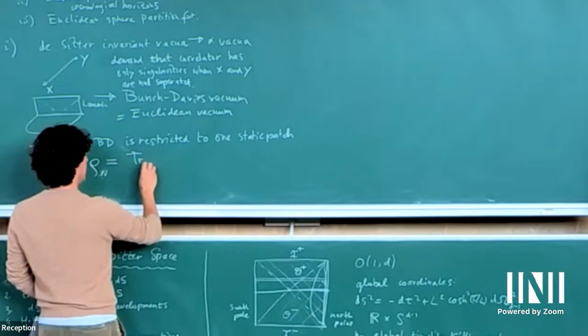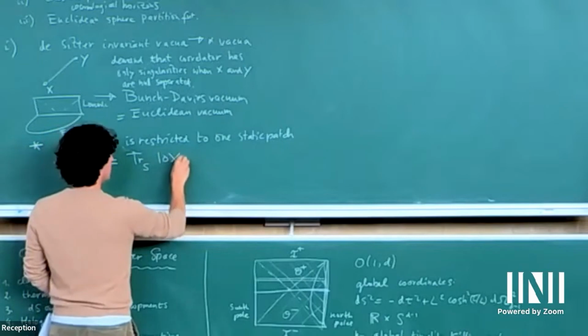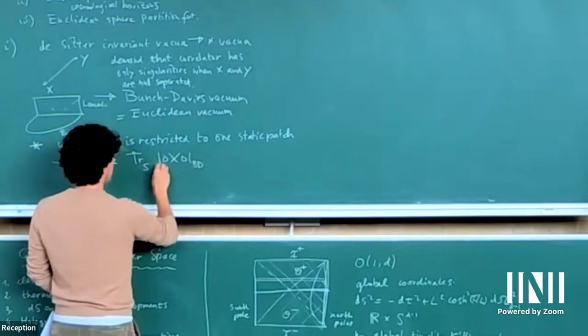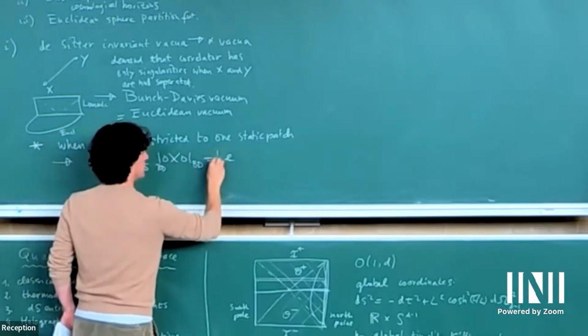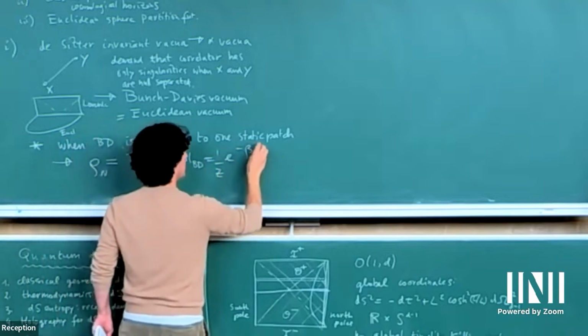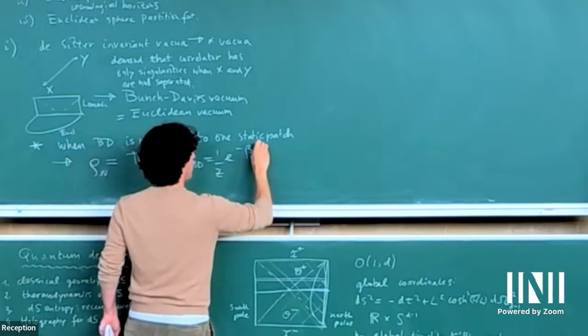And this means you trace out over the southern static patch. Then you get a thermal state or a Gibbs state in this way,